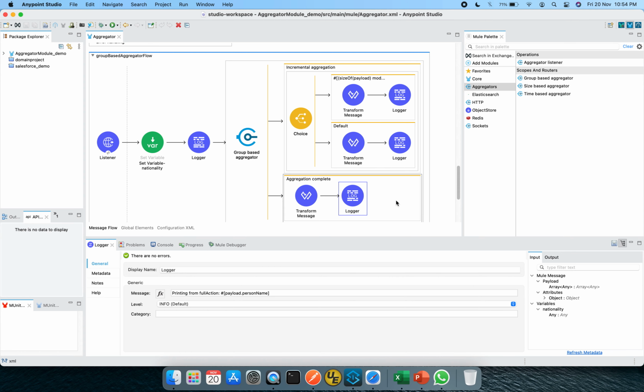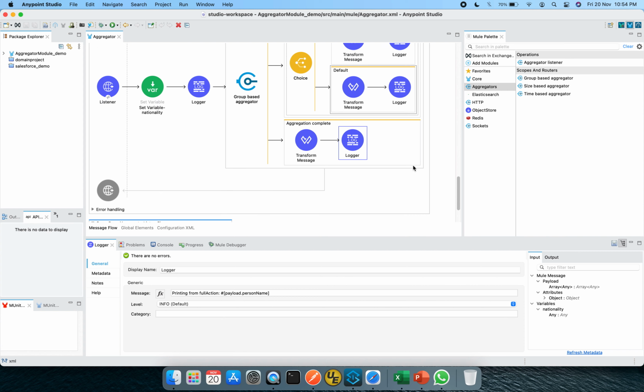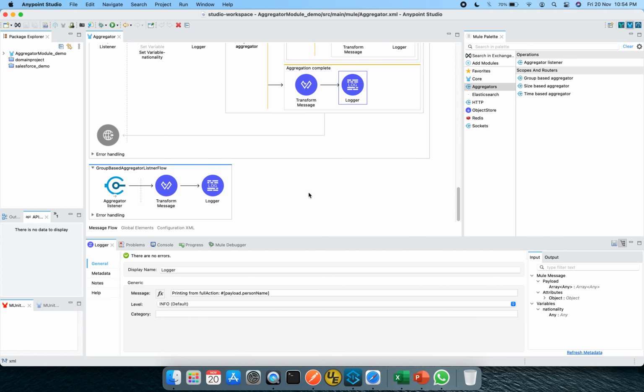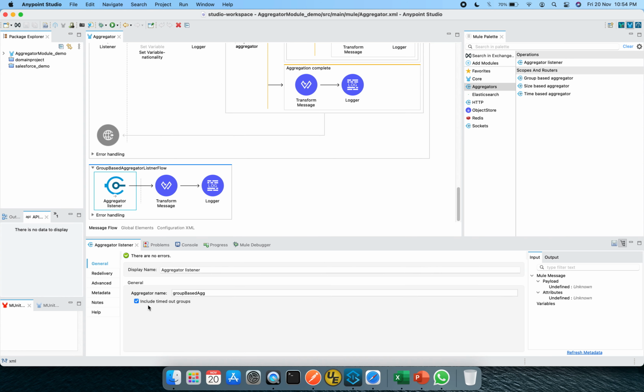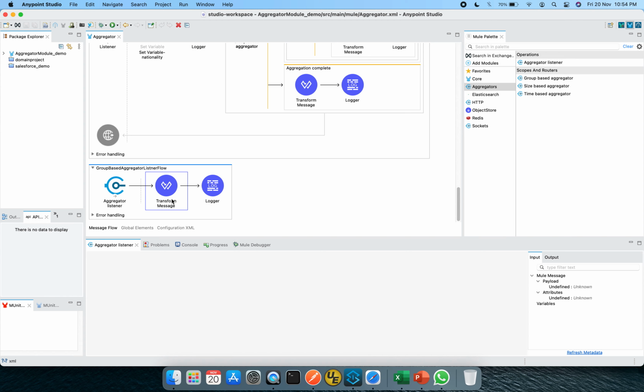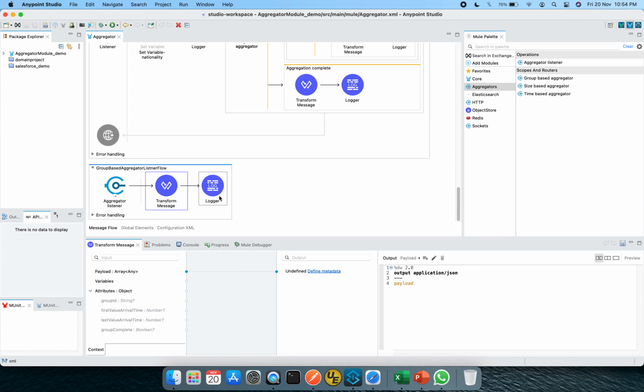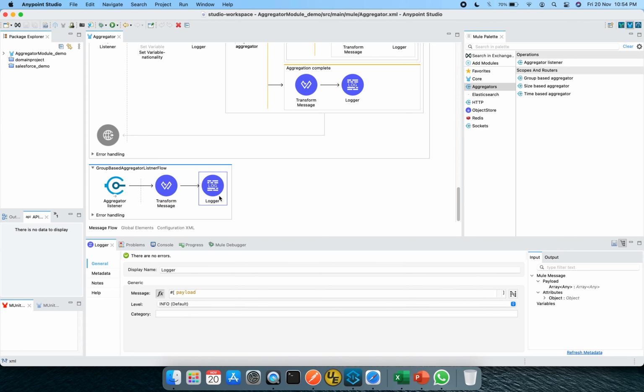So just remember this, full action will be printed from this particular flow, and as soon as this condition is matched, it will go to this aggregator listener. And I have included the timeout groups as well. I am transforming it and printing the log, basically the payload.